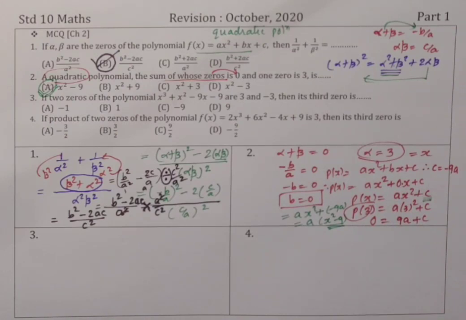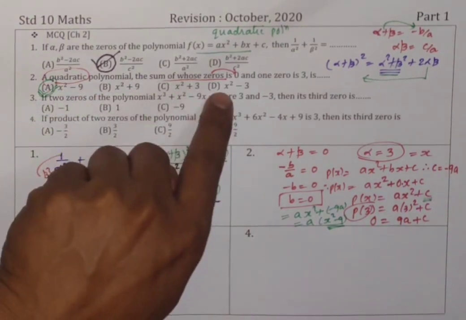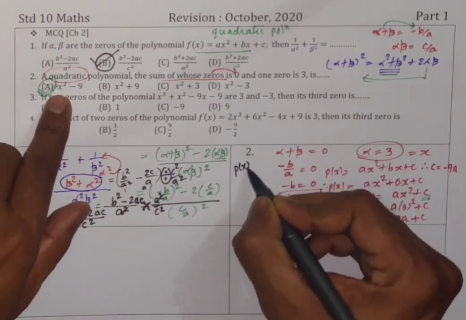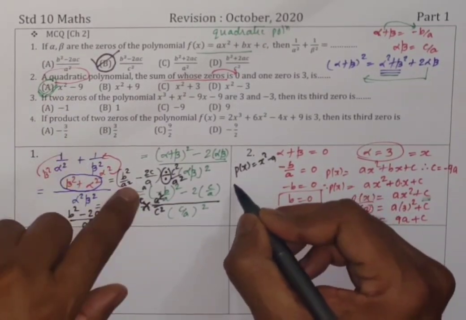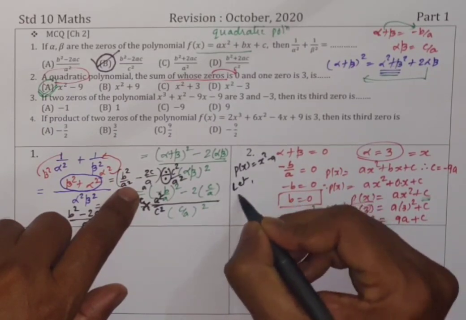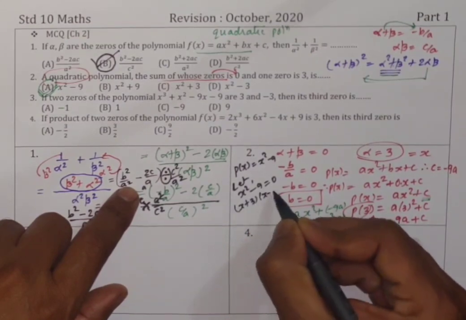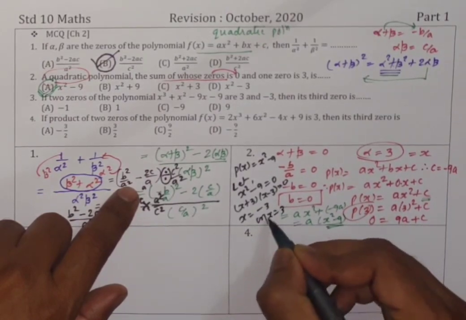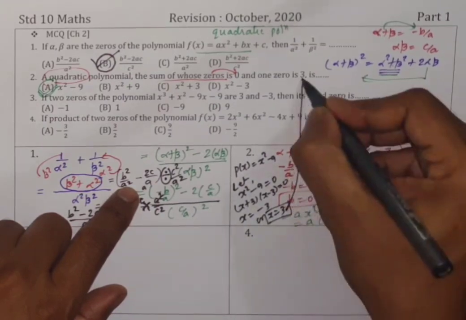Now this you must have found tough. Correct? So I am showing you another method, and that is looking at the options one by one and getting the zeros. Now here p of x is equal to x square minus 9. So if you want to find zeros of the polynomial, let x square minus 9 equal to 0. So x plus 3 into x minus 3 equal to 0. So x equal to minus 3 or x is equal to 3. Children, there you are. 3 is one of the zeros.